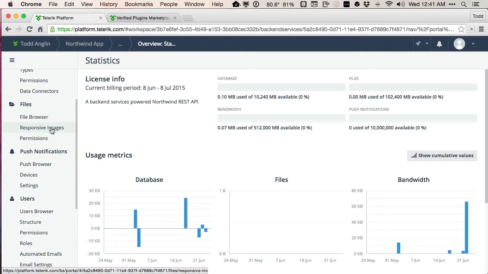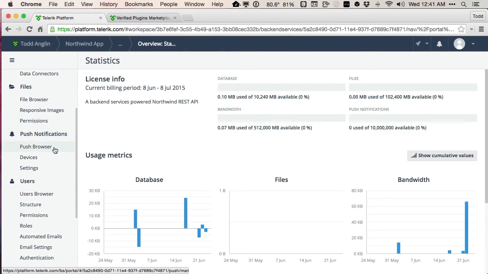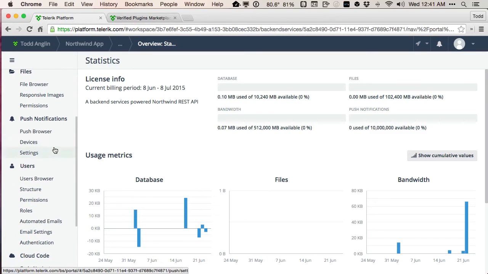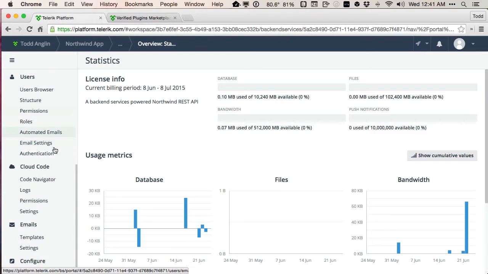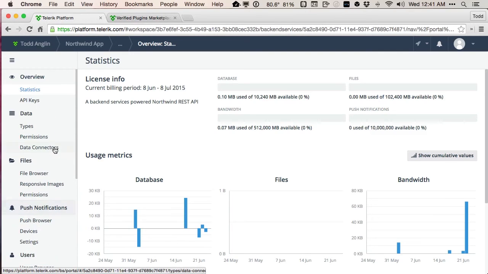And we can even automatically serve responsive images so that you can get highly optimized images for your mobile applications and your mobile websites. There are also things like push notifications for cross-platform push, user management, both built in as well as connecting you to existing authentication systems like social networks or ADFS, and cloud code, the ability to create custom Node.js code that you can run on the scalable Telerik platform cloud infrastructure and integrate that into your application via server-side execution. We're going to focus, though, today on a small part of Telerik Backend Services, the data piece,